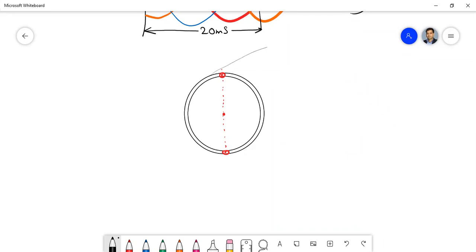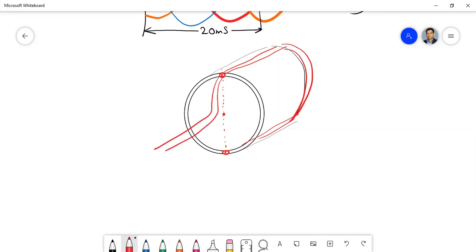Let me first tell you the actual thing because it's not a 2D thing. So the thing is like this. There is a coil like this, and this part is this. So this is like this, and at the end it will be like this. So I have taken only a part of this. I think you have understood. Now the current is going like this through the coil, so therefore it is cross into the board and this is out of the board. Have you understood?